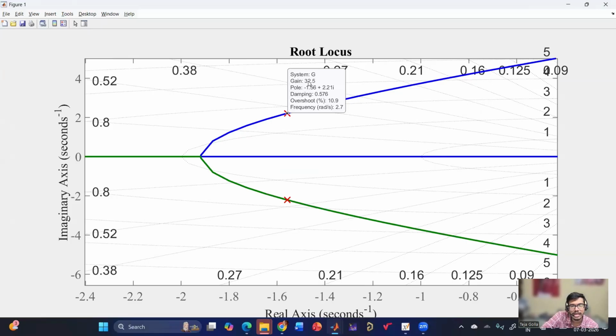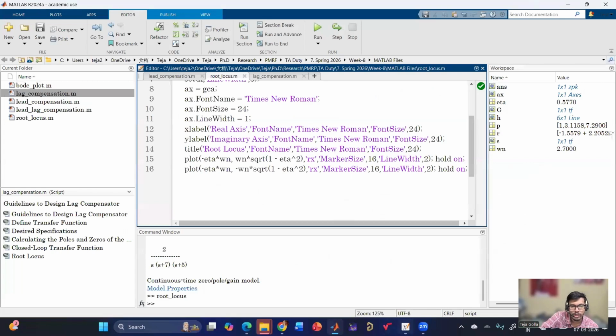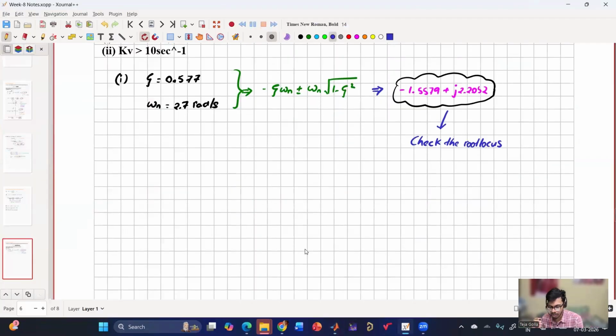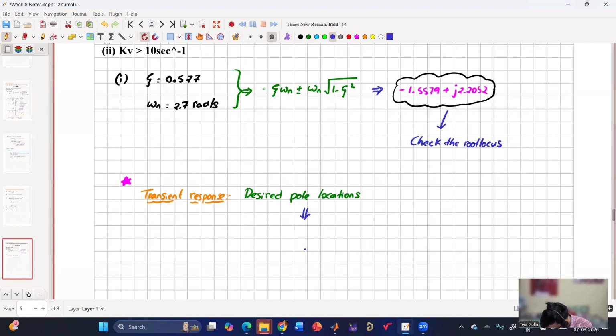Yeah. So the gain is how much? 32.5. So I can say at around a gain of 32.5, we get the desired pole location, which is very, very important, because the transient response, or whatever desired pole locations we are talking about, can be achieved by a gain K